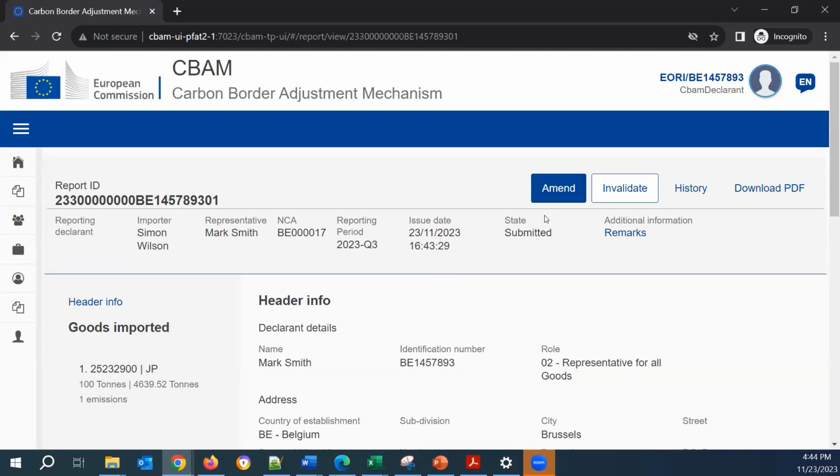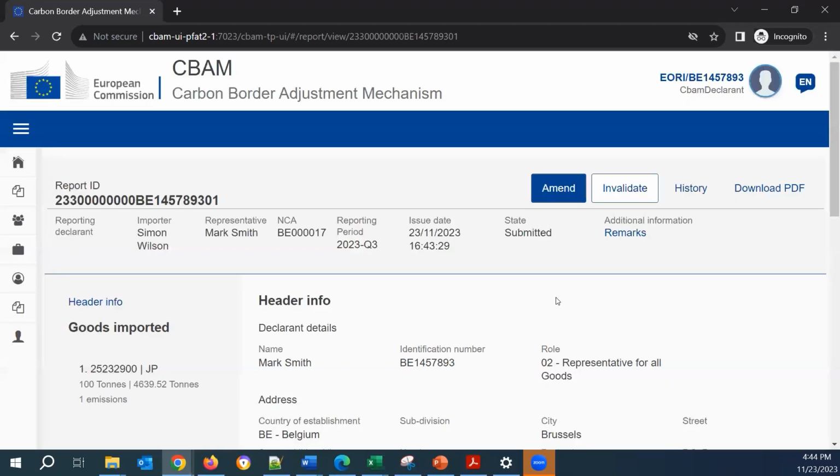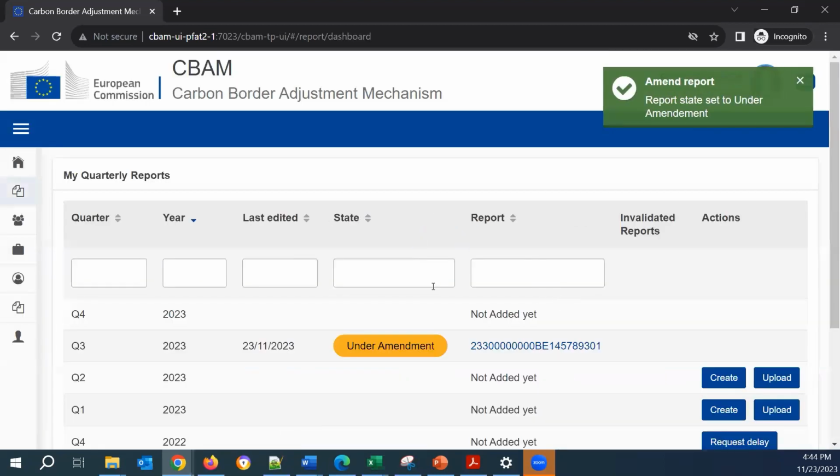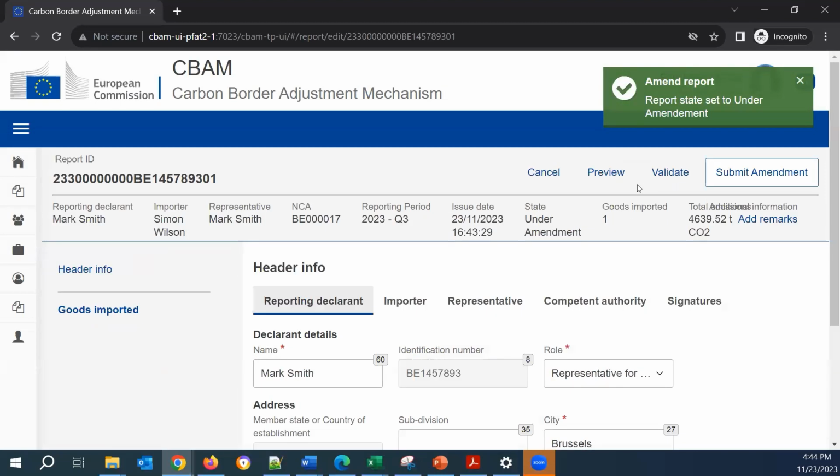The state is submitted, and I press the amend action button. I have my official report ID as well. Let's go. Are you sure you want to amend this report? Yes. Okay, now the state has changed to under amendment. I click on the report ID once again so that I can display my report, and I press the edit button. Okay.